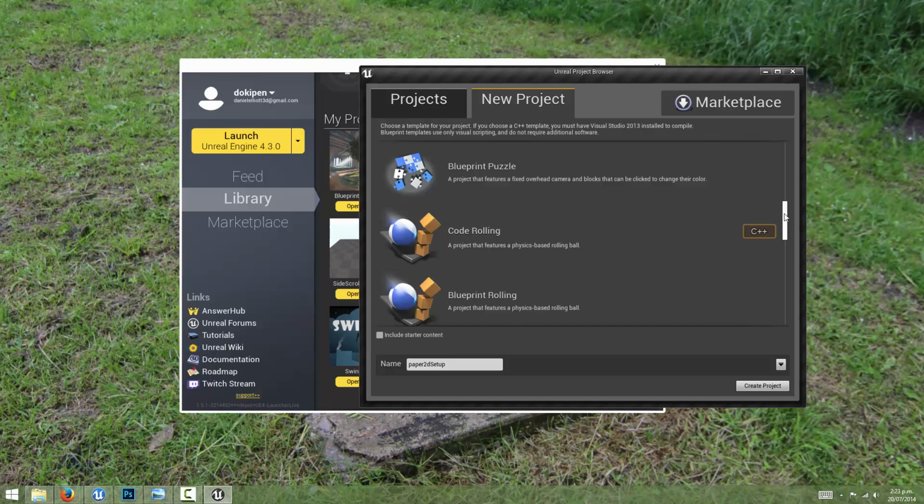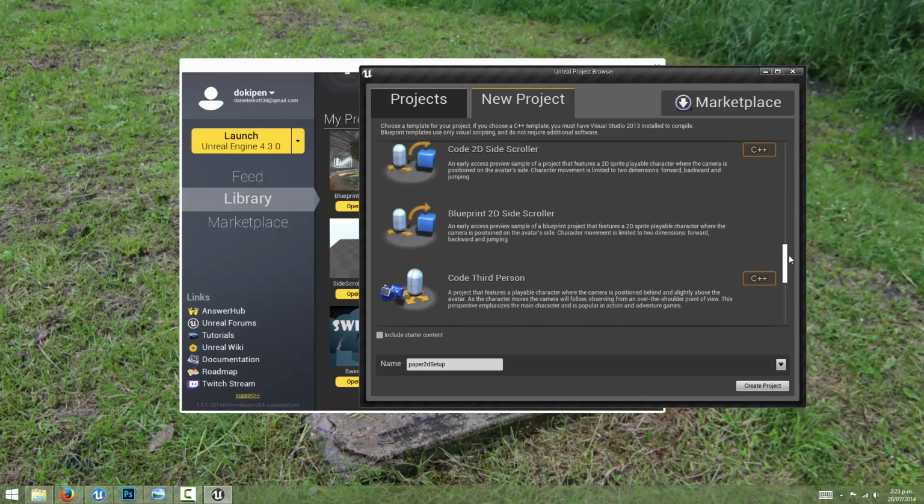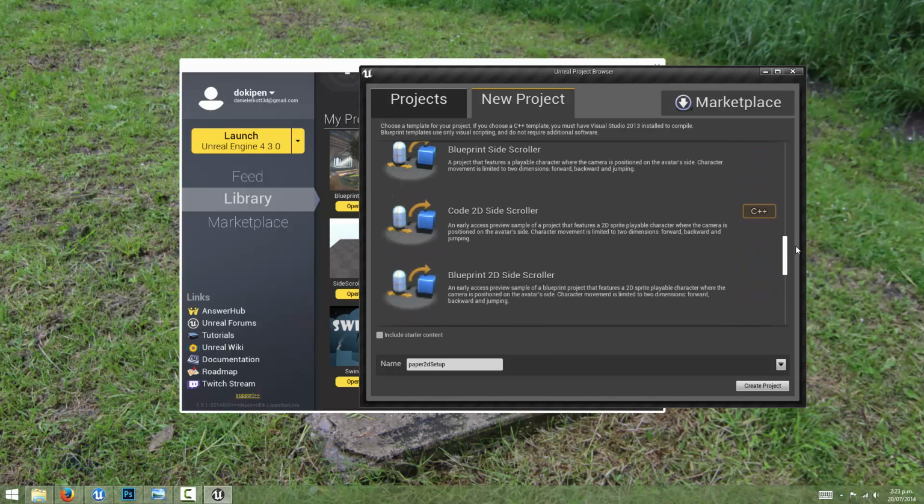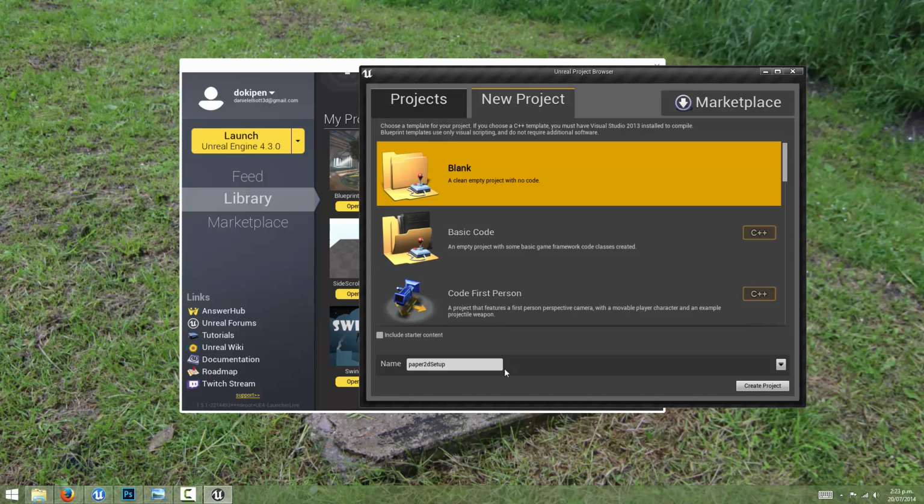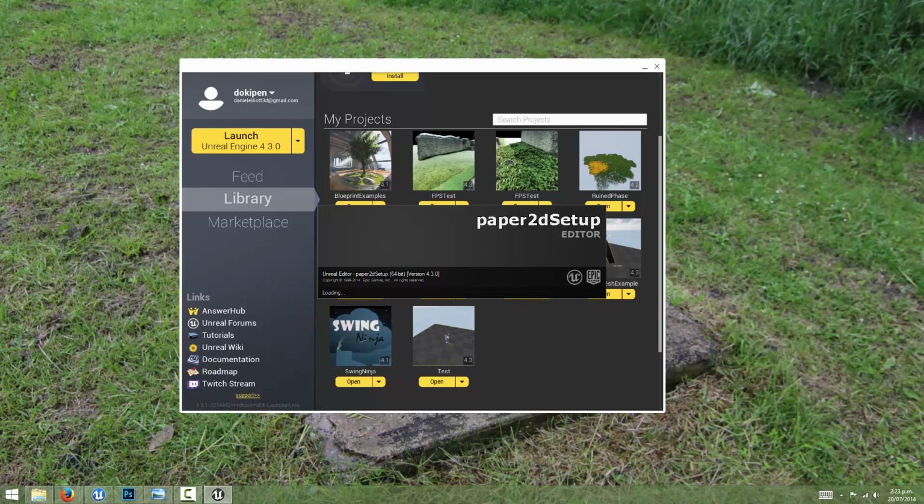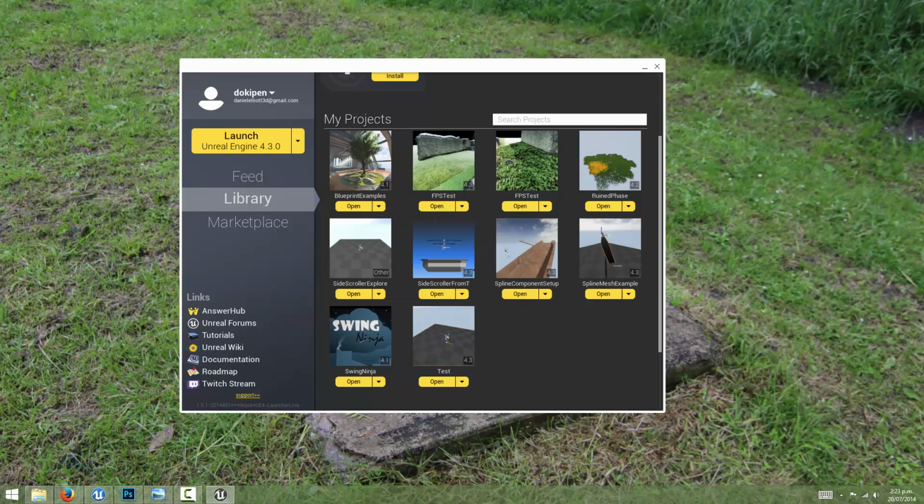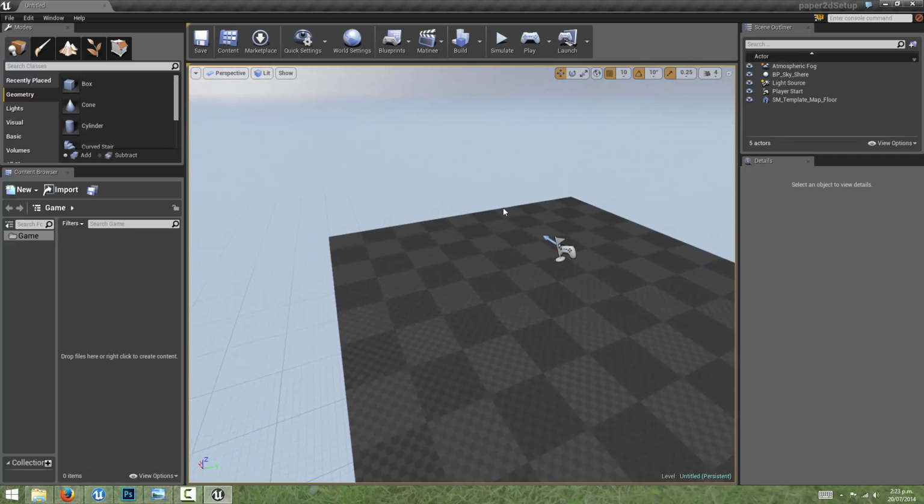The engine does come with a template Paper2D example, but I'm going to show how to create that from scratch. So we'll just create this project, and you could go in and open up that template and pick it apart and see how it works, but I'm going to just take you through that and see if we can